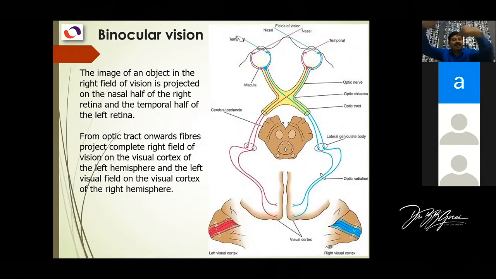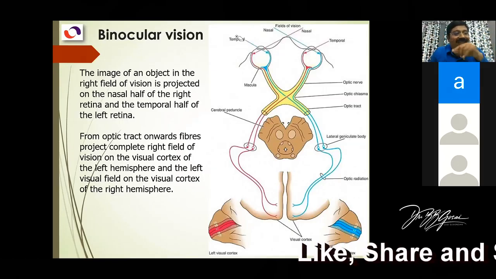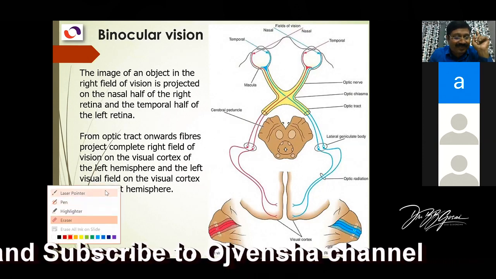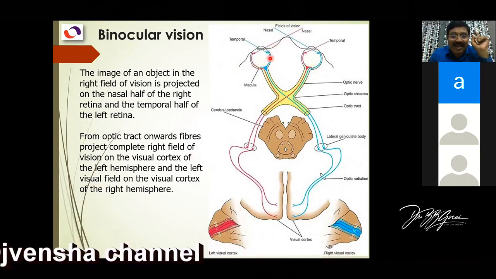So it is like this, the way the arrow goes. And this side will go this way. So this will fall on the same side, nasal retina, and the opposite side, temporal retina. Okay, so light will fall like this. So now the fibers in the retina, when they are traveling in the optic nerve, are here. Now they are traveling here.